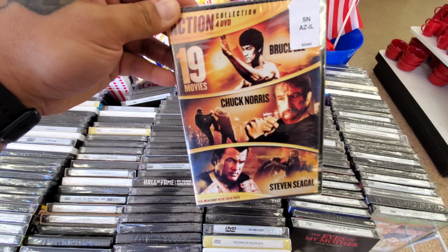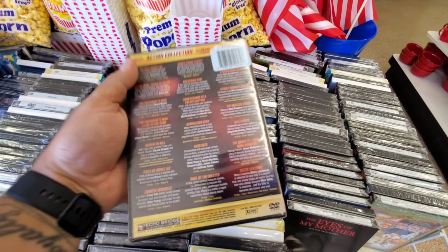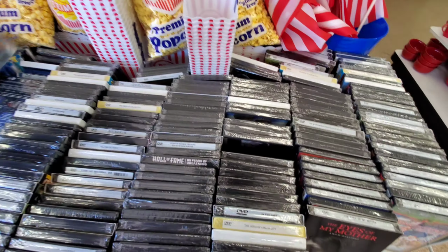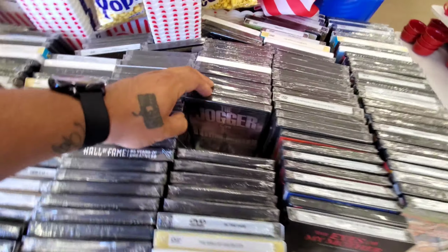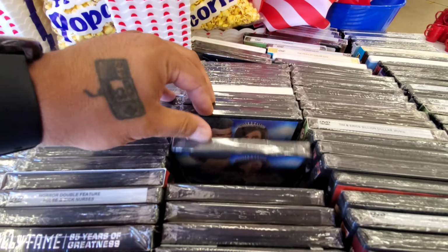Wow, 19 movies, action pack. Oh, my dad would love this. I might pick this up for my dad. Father's Day is coming up. Oh, crap. That's awesome. That's a lot of movies. American Hangman. Oh, wow. Never even heard of that one, but...